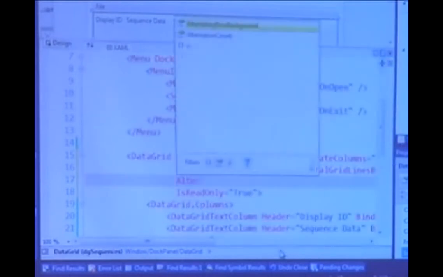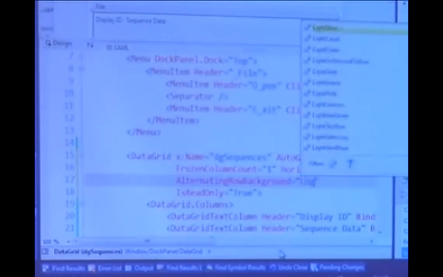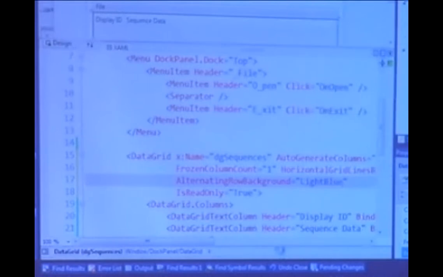And maybe set the alternating row background color to like a light blue, something like that. All right, that'll make it actually look a little bit better with very little work. So there you go. And now it just scrolls this column. All right, so you can see I can actually get visualizations pretty simply right here out of the box.